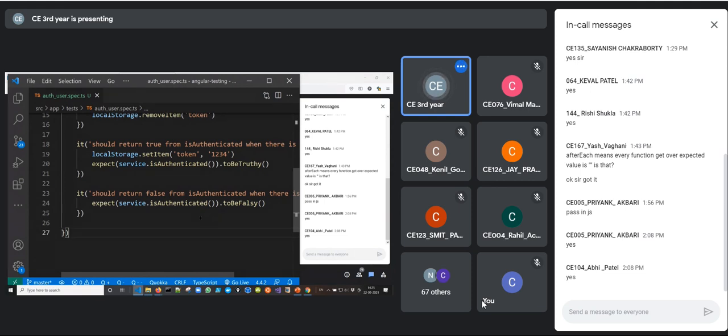Similarly, you can test the other methods of that service. You can even create fake methods or stubs for that service using the spyOn method. So this is possible. Once you know the Jasmine framework and its multiple methods, then you can easily write the application-specific test cases in your project.